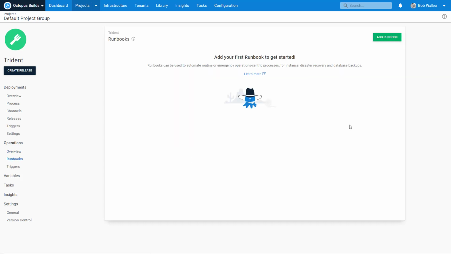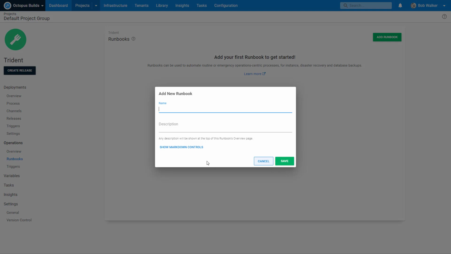Let's call this create database. Not really, create Trident database. What we're going to be doing is creating a runbook that will ensure that the database is created and it's there, and it's properly configured so we can then deploy to it in the